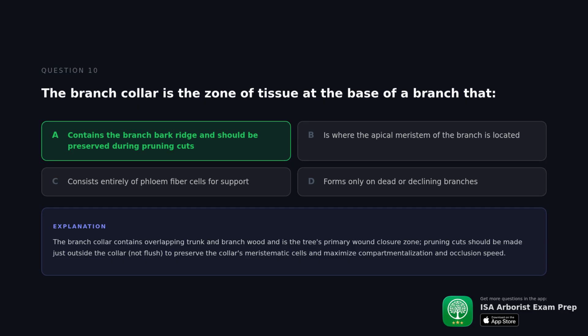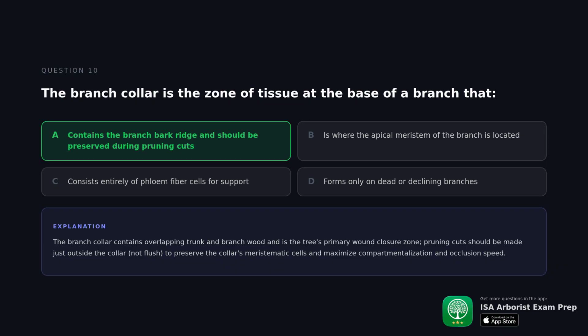The correct answer is, contains the branch bark ridge and should be preserved during pruning cuts. The branch collar contains overlapping trunk and branch wood and is the tree's primary wound closure zone. Pruning cuts should be made just outside the collar, not flush, to preserve the collar's meristematic cells and maximize compartmentalization